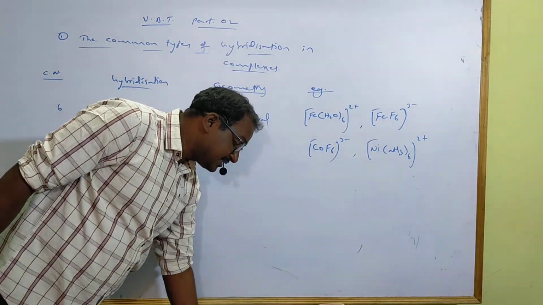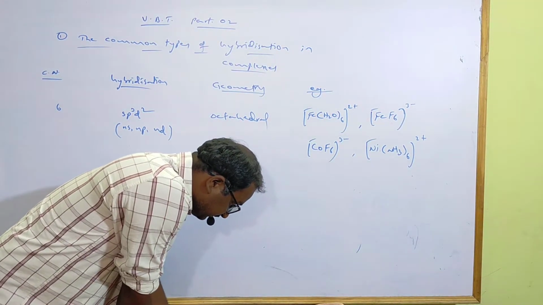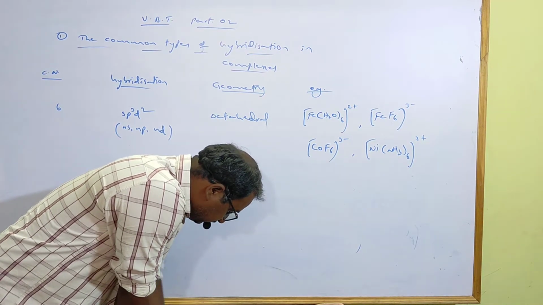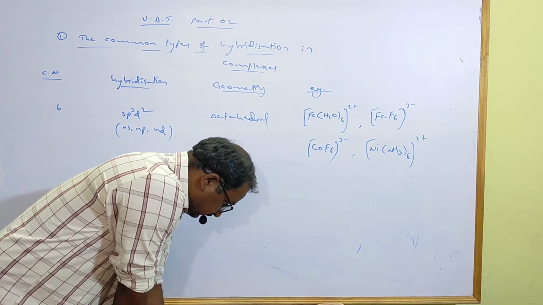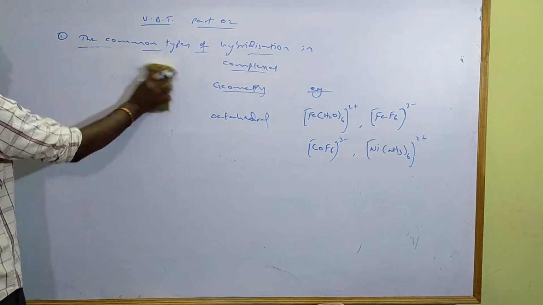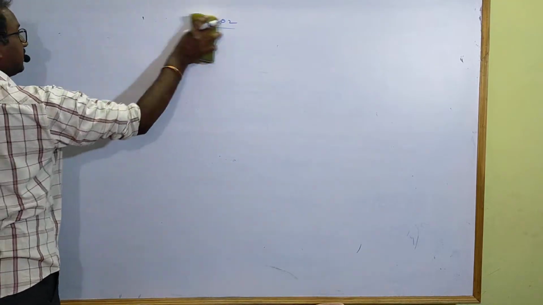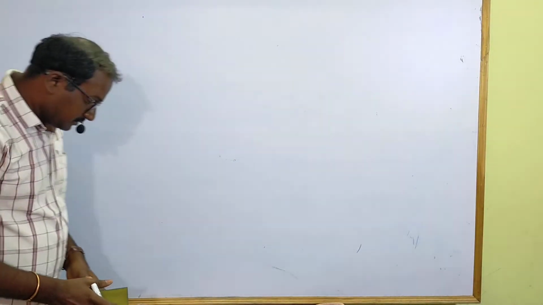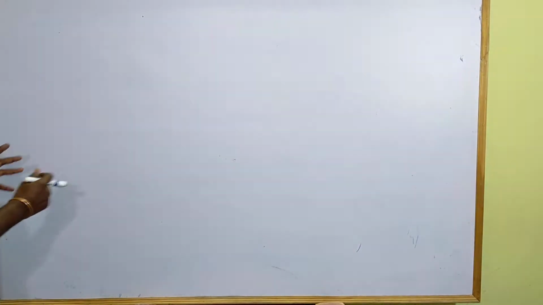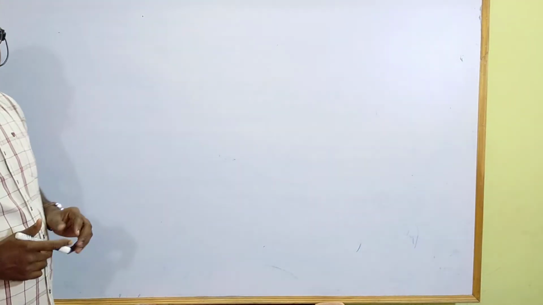Let's go into detail about these complexes with explanation. Let me discuss with examples. I am going to explain valence bond theory with examples. These are examples and common types of hybridizations possible in complexes. Next, we can take examples based on coordination number or example-wise. Let us discuss example-wise.